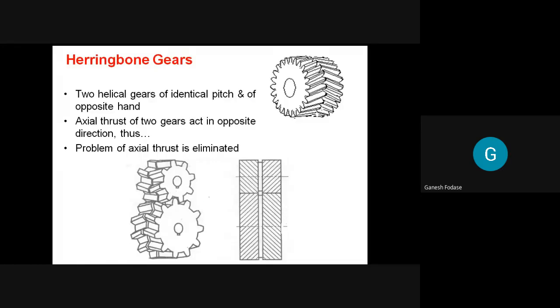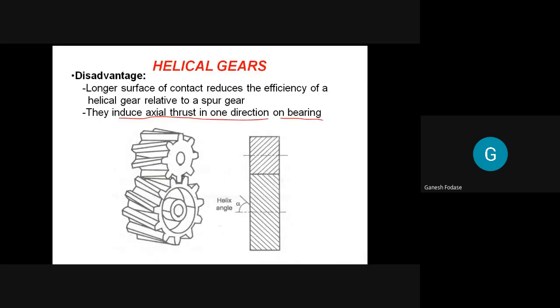So what happens if we consider two helical gears basically? As in a single helical gear, there is the problem of axial thrust. To avoid this, in addition to this one gear, one more gear is used, and we observe here that these helical gears which are in mesh are of opposite hand. So if one is a left hand helix, the other will be a right hand helix. So these two meshing gears have opposite hand helixes. To avoid the problem of axial thrust, let's say axial thrust acts in one particular direction.